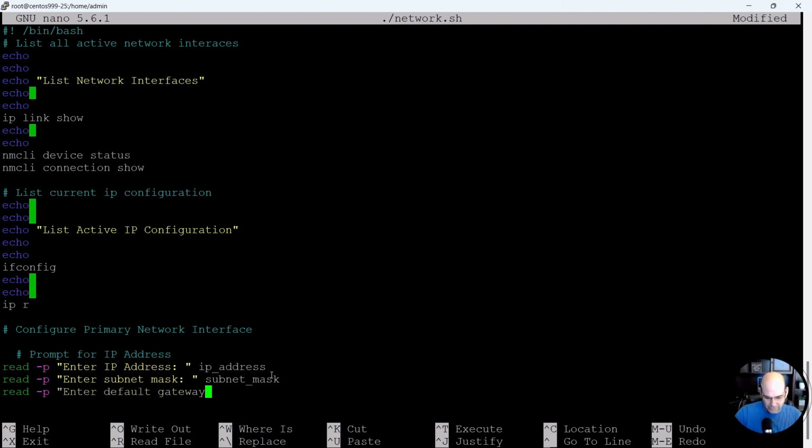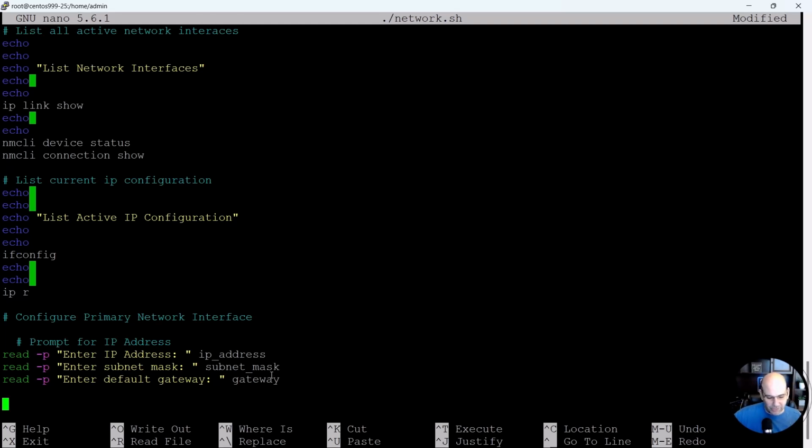Okay, and we'll enter that, and I'm just going to say gateway. Okay, so now we have 3 different variables: the IP address, the subnet mask, and the gateway. And now what we want to do is we're going to add again another section, right? So we're going to say get